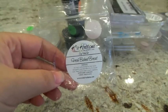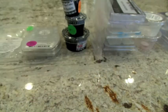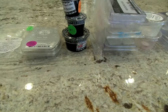This next one from Case Creations was a single flour tart in fresh baked bread, and it does smell like fresh baked bread. It smells pretty similar hot the way it does cold. I melted this in the 18-watt hot plate. Yeah, it's just a nice bread fragrance,